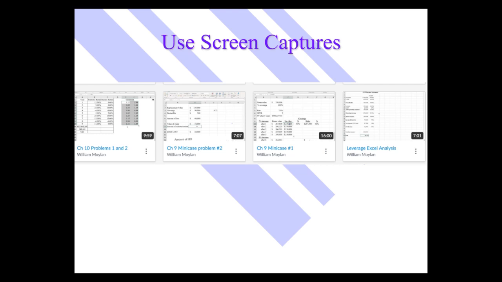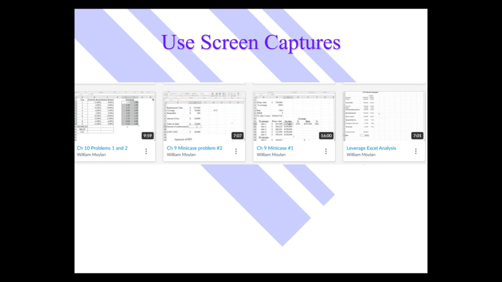But one problem with that is sometimes it goes a little bit slower than I'd like. I've got to enter in formulas. I've got to wait for things. And so sometimes what I do is I create the Excel file, but then I take screen captures and I blow up particular components and point out what's going on the screen. So I'm actually instructing about something that's in Excel, but I'm not using Excel live. I've already created it, and then I'm just projecting the screen capture of what that Excel